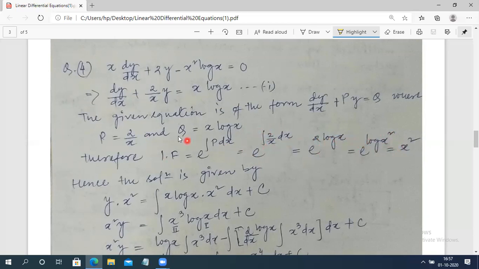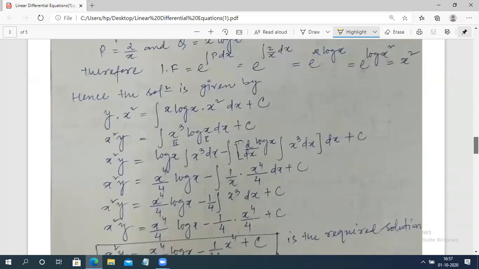Okay, so first thing, you have already identified p and q, and second thing you have done, that means the integrating factor is with you, that is your x². Now find the solution. Solution will be y into integrating factor. So y into x² is equal to ∫q into integrating factor dx, so ∫q x² dx plus c.